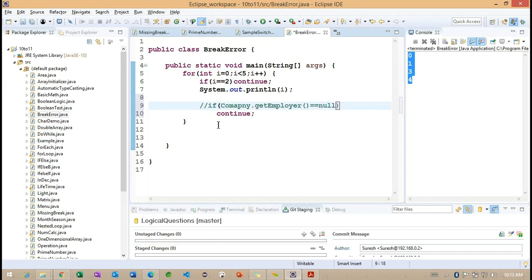Sometimes if we get null, what happens internally? We work with the continue, and one more loop is going to repeat. If in the second loop we again get null, it has the option to repeat the third loop.